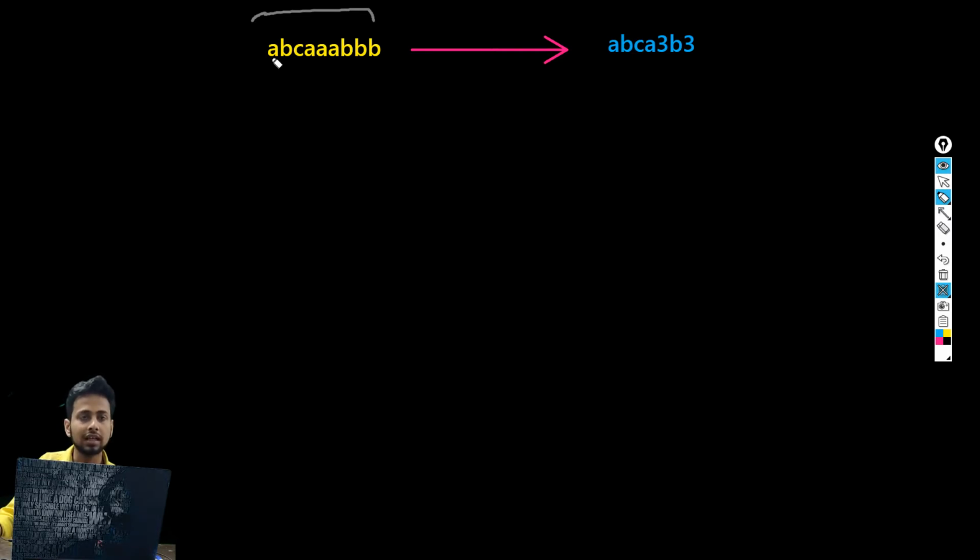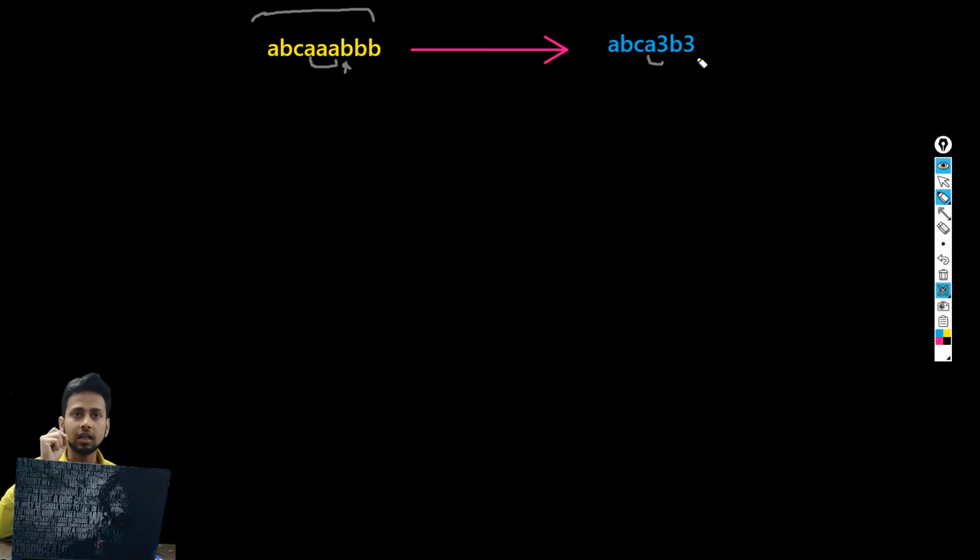So here you can see that a comes once, so you are simply writing a, no compression is done here. Then b comes, b is written here, c comes, c is written here. Nothing is compressed till now, but as soon as we come here, we see a is written three times. So instead of writing a three times, we can just compress it and write a3, which indicates to repeat a three times. So we wrote a3, which means a is three times. And the same is the case with b, which is also three times, so we write b3.